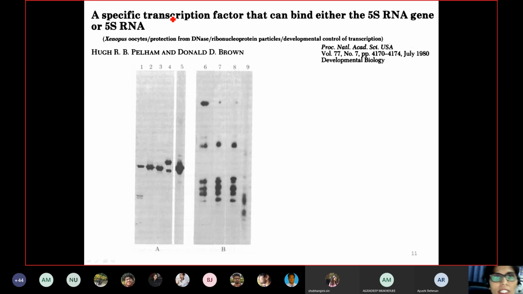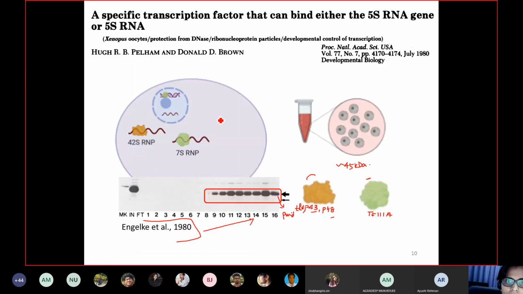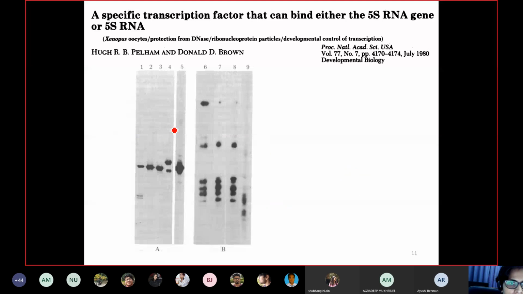So the story was that they had two different proteins. One was running at 37 kilodalton and another was running at 45 kilodalton. And in their view, they are both similar. That is what they are trying to find out here. So this is the iodoacetate labeling of the gel. This A part is the iodoacetate labeled gel.